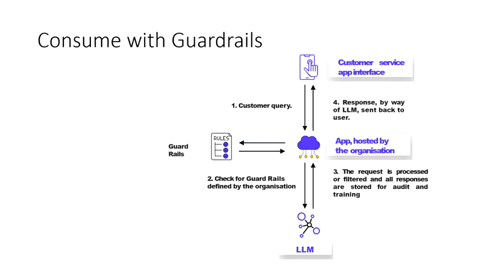There are some guardrails. Some organizations are implementing guardrails. For example, Bing has its own rules. When you ask a question, they check that question against those rules to see if there is anything that violates the policy. If it is okay, then it will send the question to ChatGPT or the large language model. Then ChatGPT will generate an answer or response, right? And then it can check that generated answer against some other rules. If it feels that the answer is safe, it will send it to the user.